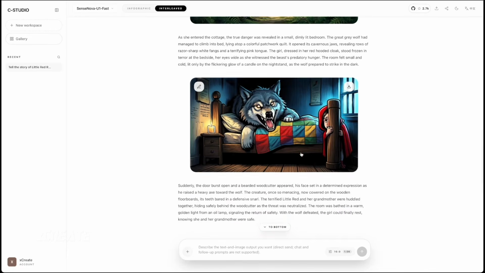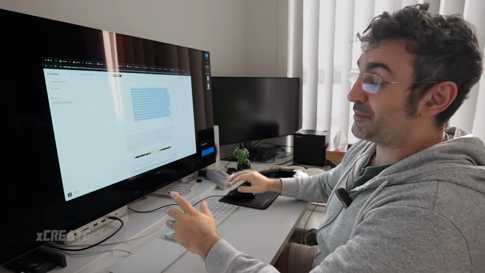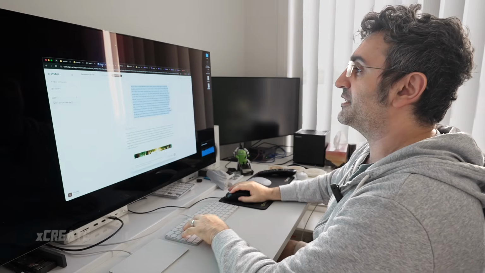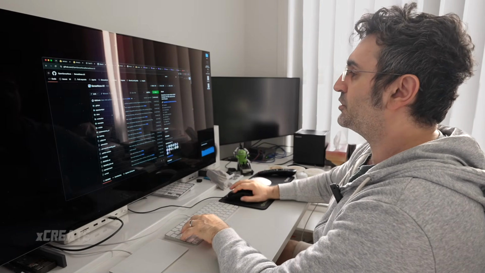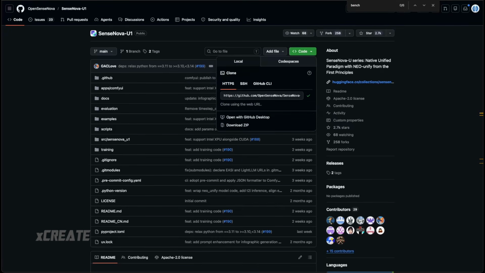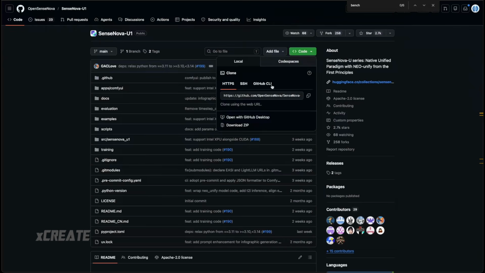So not only is this model for infographics like you saw, you can actually do some advanced stuff maybe with their other models, but let's now go ahead and run it locally on our systems. So if you go to their GitHub page, you just grab the code here and then you fire up terminal. And if you install things like Git and all that kind of stuff installed, but let's just imagine you've done that already. So you make a new directory. So you want to type in git clone and paste that in, or you can just download the zip file,